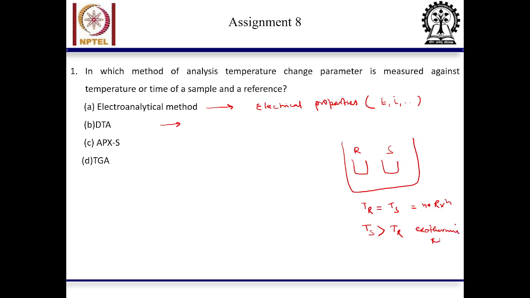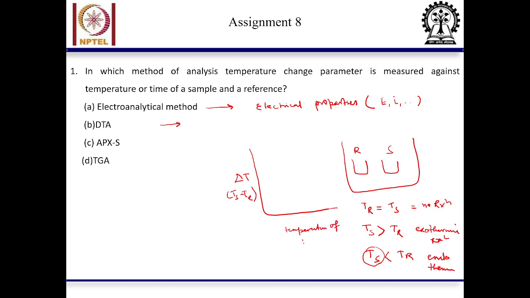If TS is less than TR, the heat is consumed, so the sample temperature is lower, meaning a reaction is happening which is taking heat from the sample. So this is the endothermic reaction. Here we plot delta T, which is TS minus TR, with respect to either